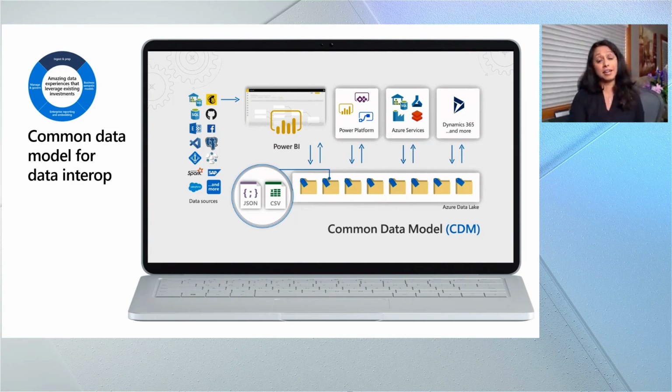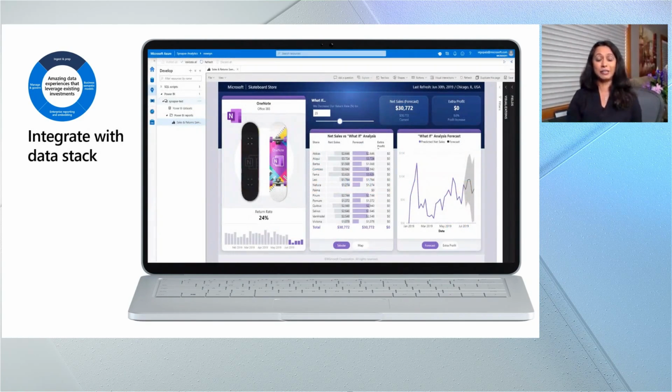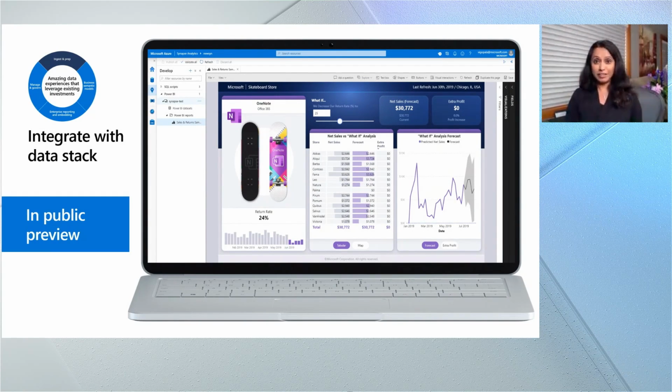Now, the next big thing I'm super duper excited about is our integration with the data stack, very specifically Azure Synapse Analytics. You guys probably know that, we mentioned this at Ignite, and we're super excited that this is in public preview. And you're now going to be able to use Power BI with Azure Synapse Analytics, which for those of you who don't know about Synapse, is our modern data warehouse.